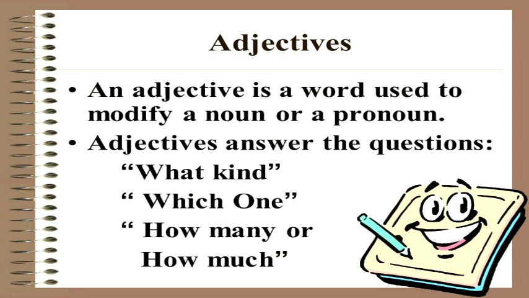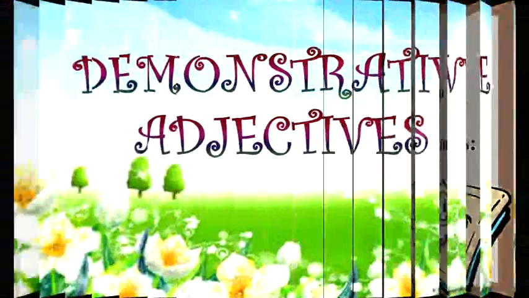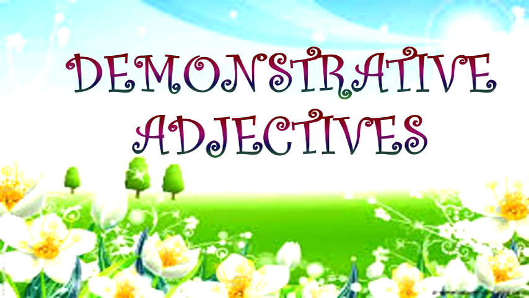How many? Do you remember this was adjective of number? And how much? Yes, the adjective of quantity. So after completing these four kinds of adjectives, today dear children, let us see the next kind. Are you ready? Yes, the next kind of adjectives are demonstrative adjectives. Children, do you remember this word we have done earlier as well in one of our previous sessions